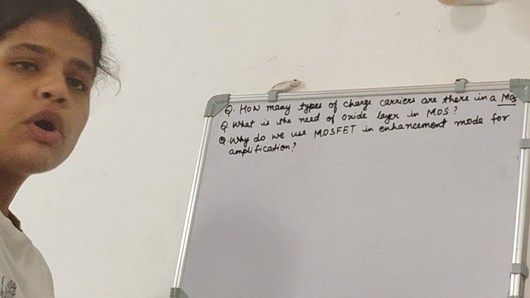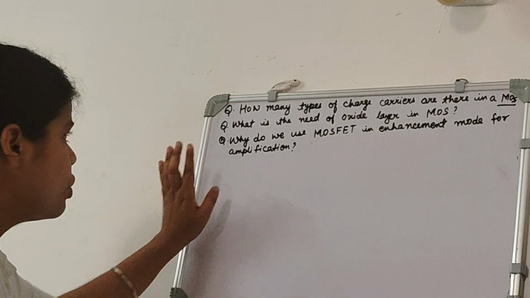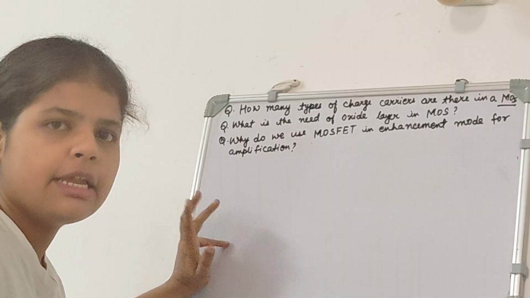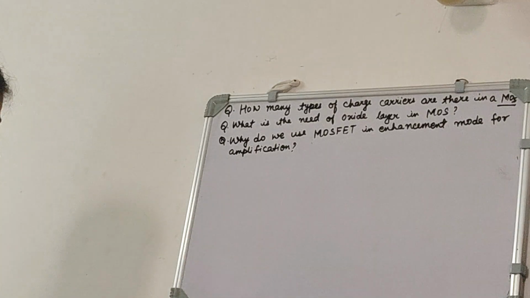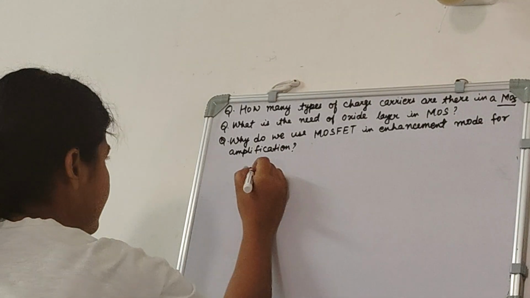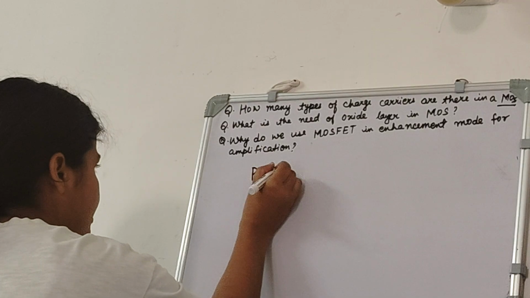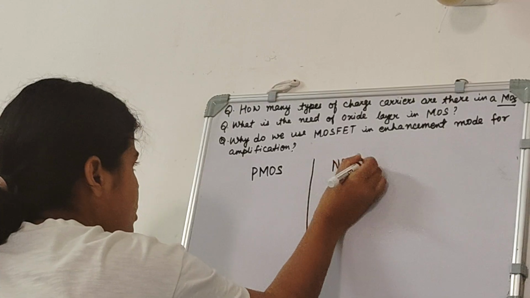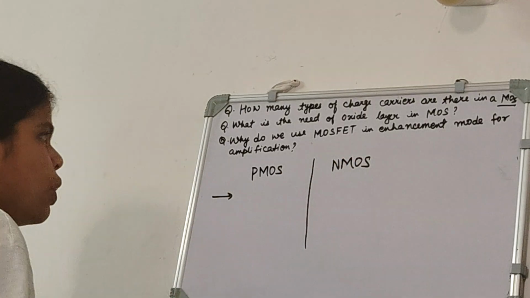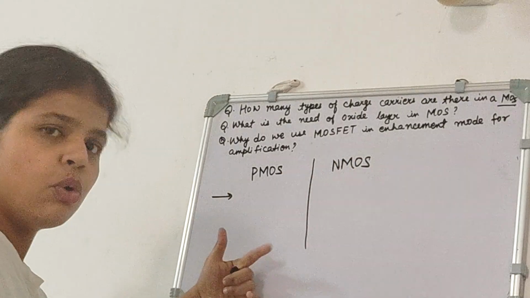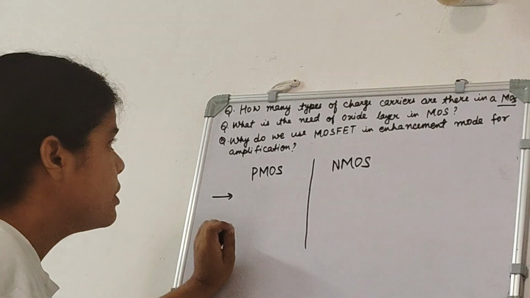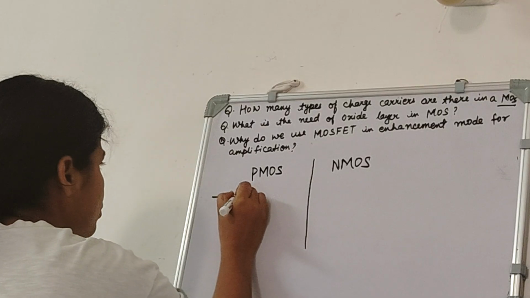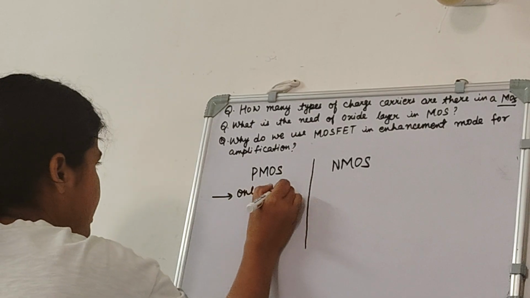Now we will solve these three questions. So our first question says, how many types of charge carriers are there in a MOS? So if we talk about PMOS and NMOS, we have to talk separately about them. So in PMOS, although we have electrons as well as holes, both, still our charge carriers are only holes. So we will write here only one type,